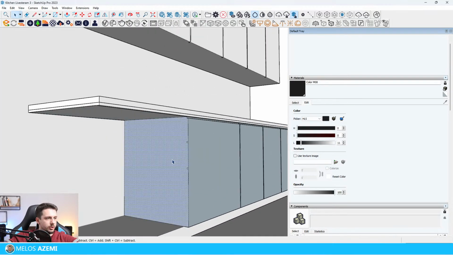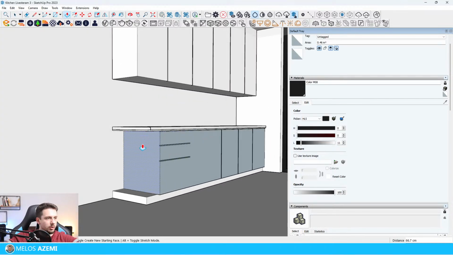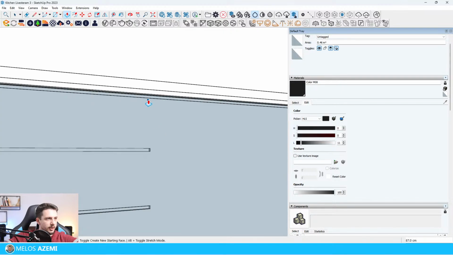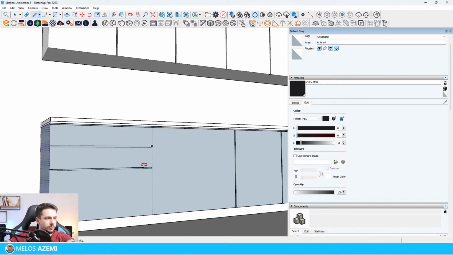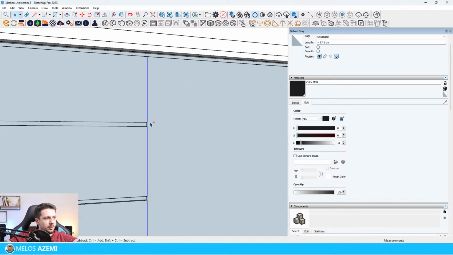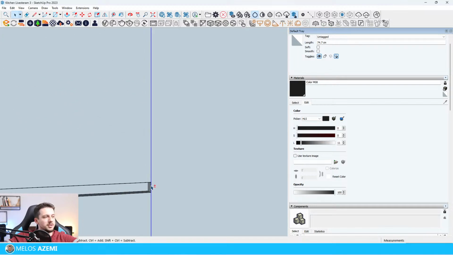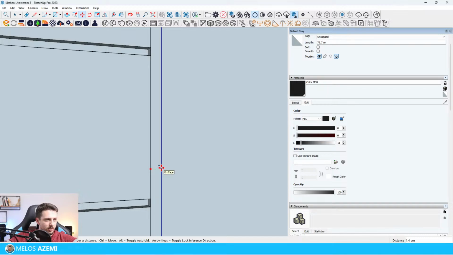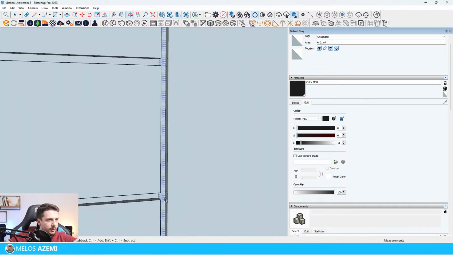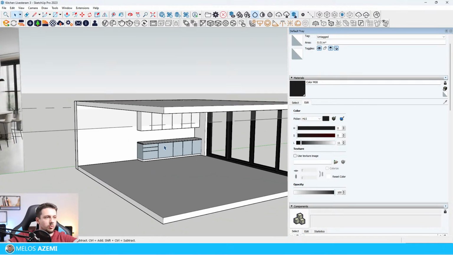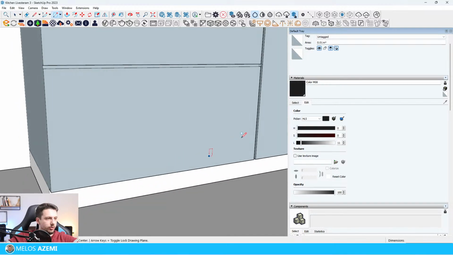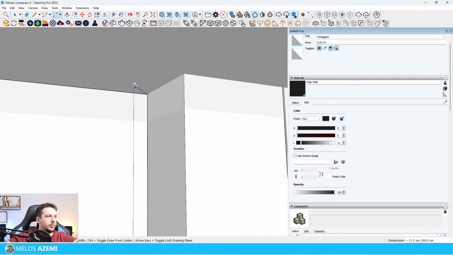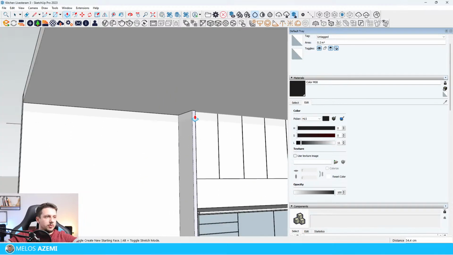So yeah, anyway, let's continue here. I'm gonna push pull this here, and I'm also gonna need to add a gap on this side vertically from here up to here. Yeah, I know that the modeling in SketchUp is not the cleanest right now, but it's getting the job done, and that's all I care about for now, to be honest. I think at the end of the day, most people care mostly about the rendering part. I understand the modeling part is also important, but yeah, I guess that's just not the focus of the content that we have here. Anyway, so I'm gonna move this forward